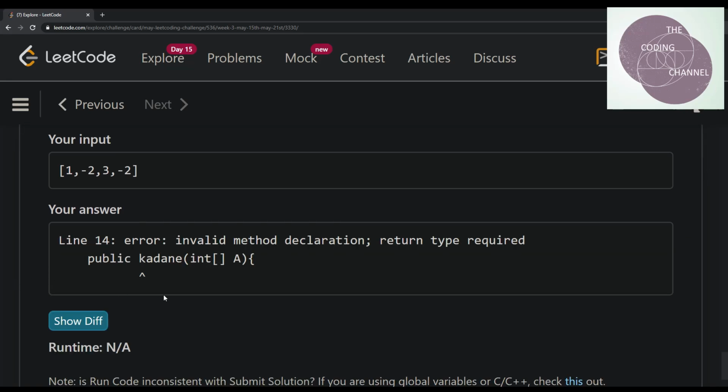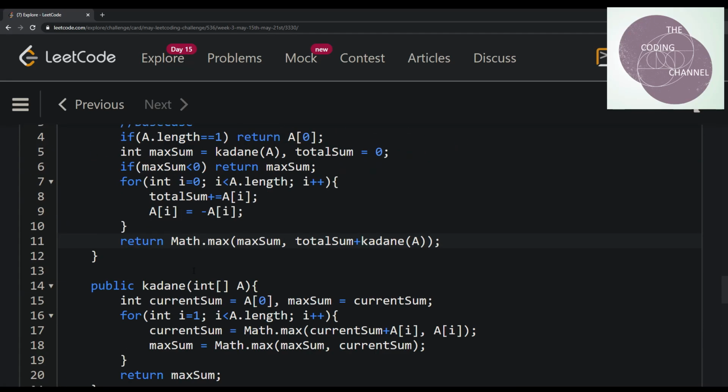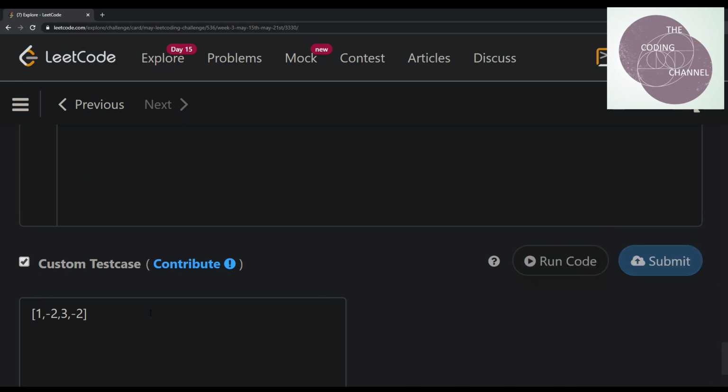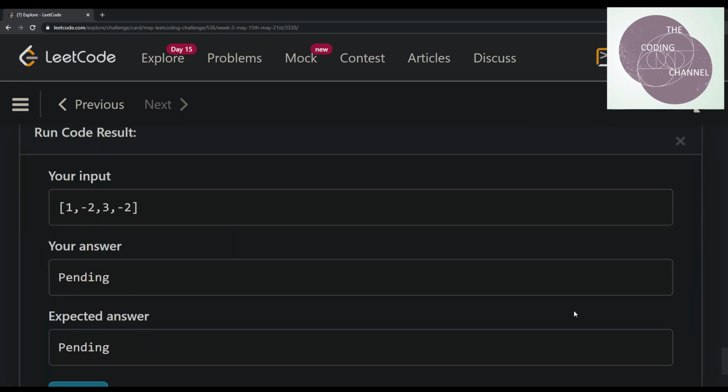Yeah, so it would help if we return here. So let's see. Alright, gives us the expected value.